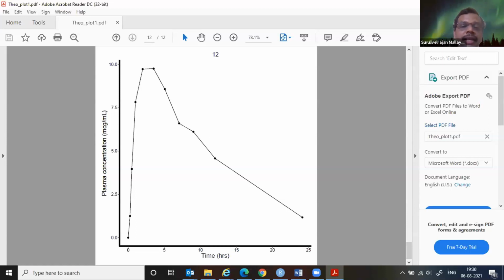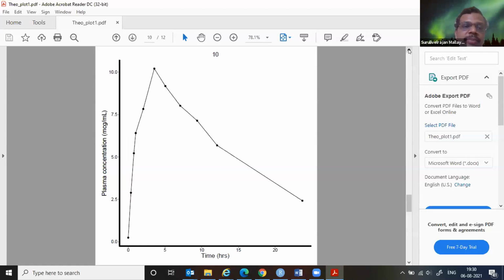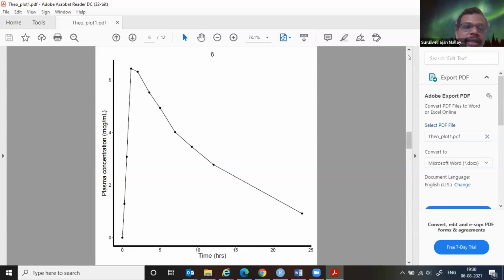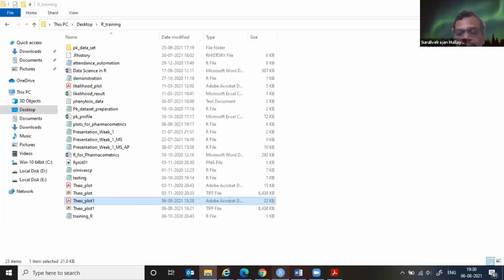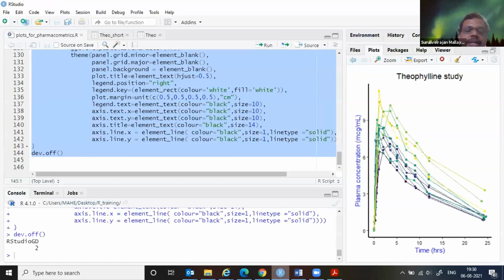Now I can make it very clear who is what, whose Cmax is higher. Like this, I can generate these unique plots. By this exercise, I'm able to get a very clear picture of all of this data set. But anyway, I've just used 12 data sets for an example. If the data set is like 100, 200, multiple hundreds, then all these tools will help you to understand what exactly we are trying to do here.